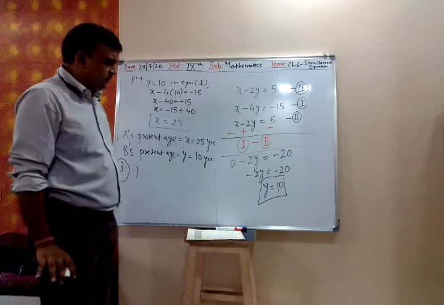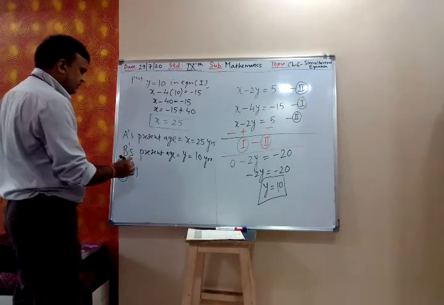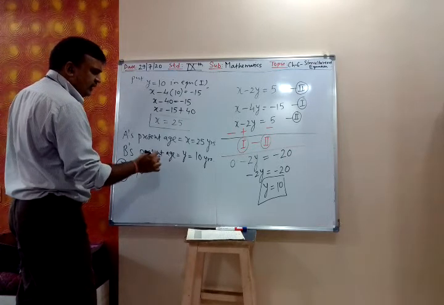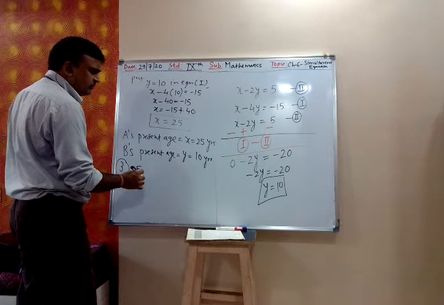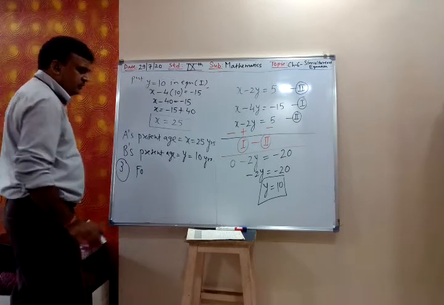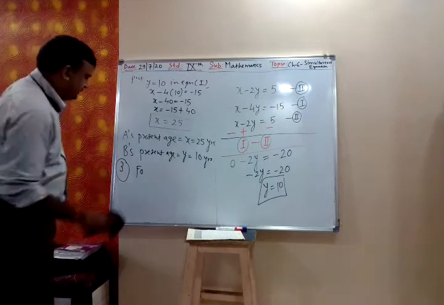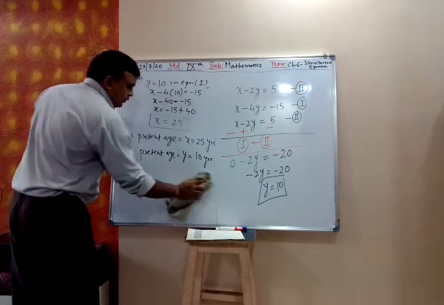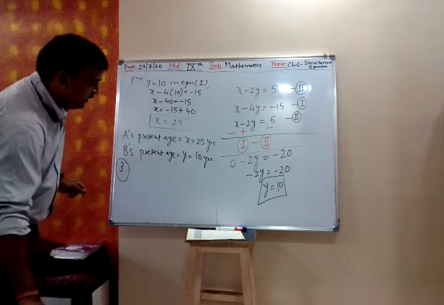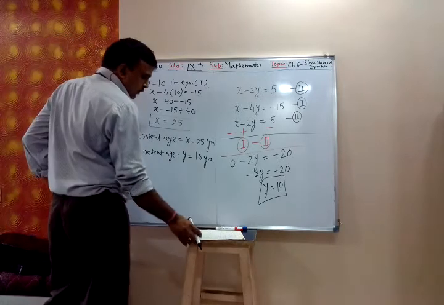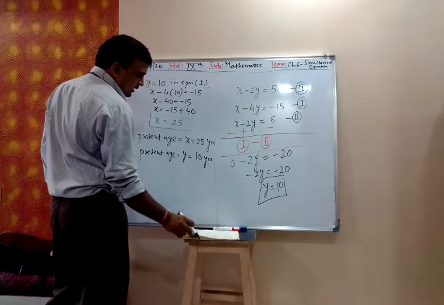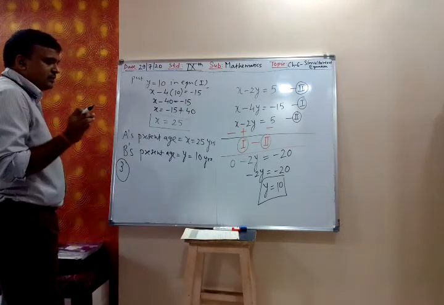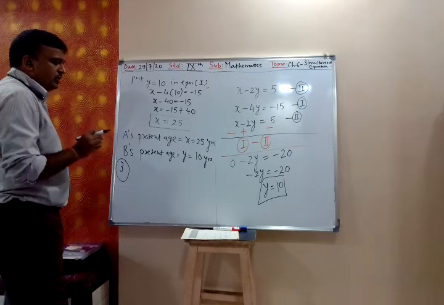All of you are having the textbook. So should I write directly, or do I have to write the question? Okay, let me write. Solution of the third one. Then you have to see the question. 4 years ago, a mother was 4 times as old as her daughter. So there are two persons: one is the mother, the other is her daughter.